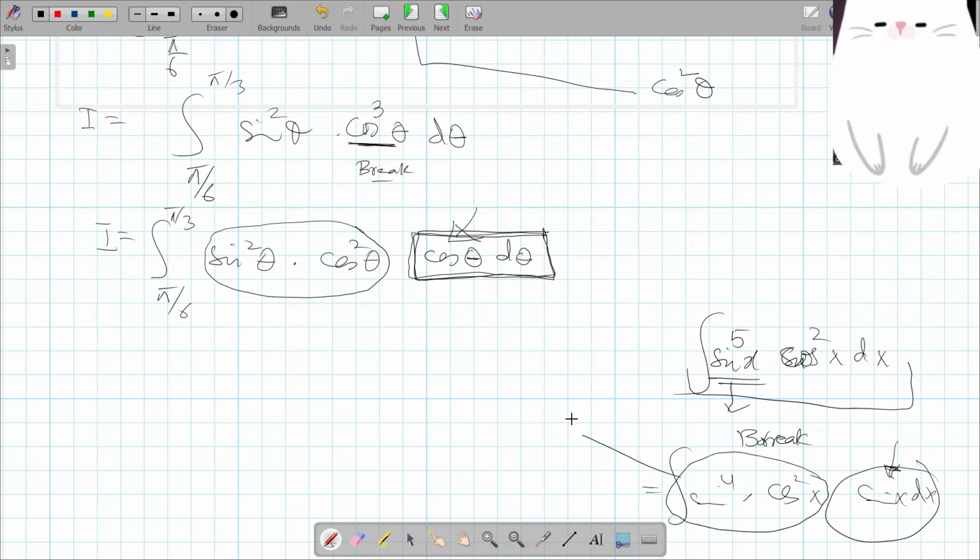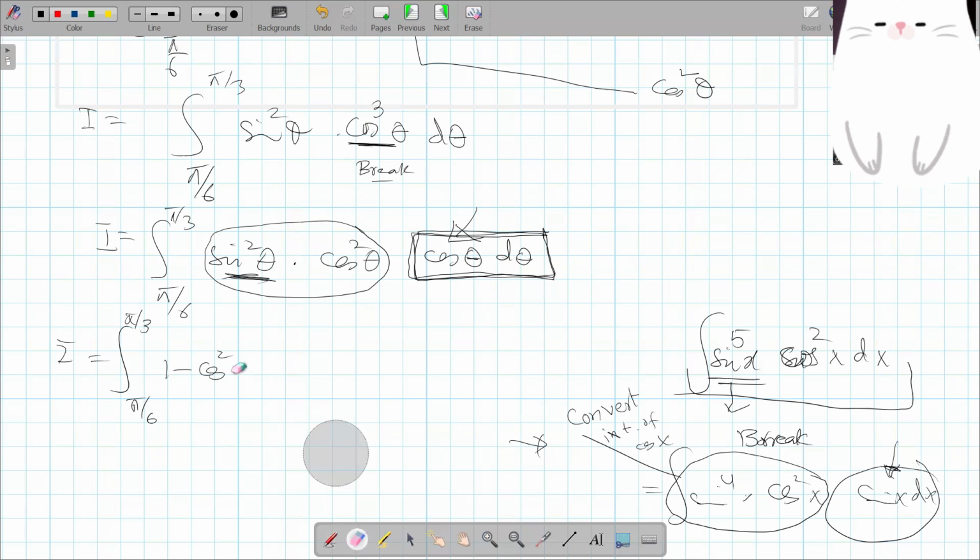So convert everything in terms of cos. Yes, that's the rule. So convert everything in terms of cos. We can easily convert the rest of the expressions in terms of cos. Sine square is 1 minus cos square. Oh, sorry. Here I need to